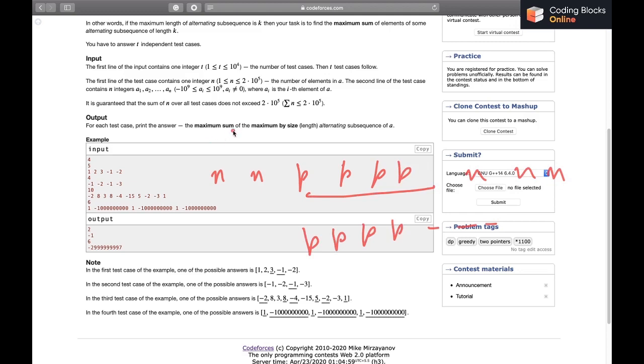So to ensure that the length of the subsequence that I choose is the maximum possible length, I'll have to choose exactly one negative out of these two negatives, and then exactly one positive number out of these four positives, then exactly one out of these negatives, then out of these positives one, and so on for the rest of the array. If I miss any one of the numbers, then the length will basically not be the maximum possible.